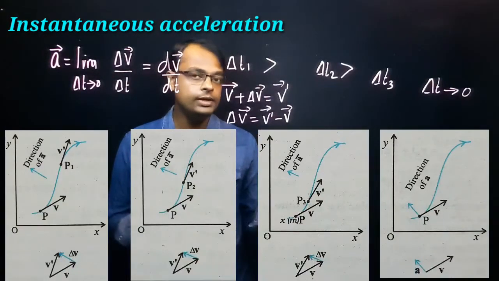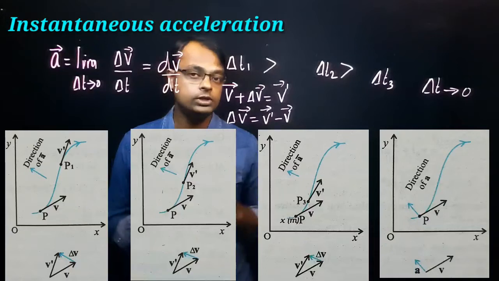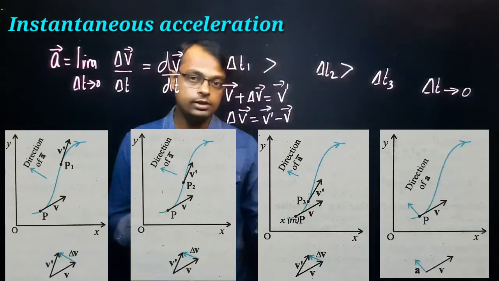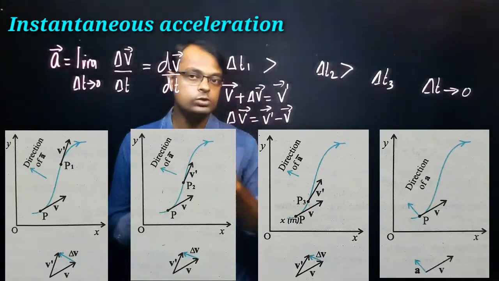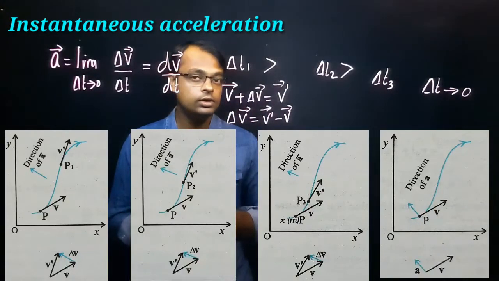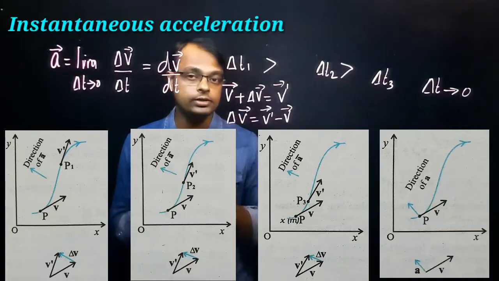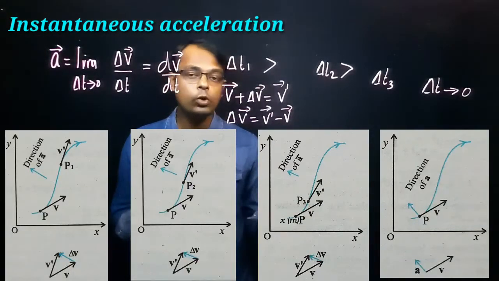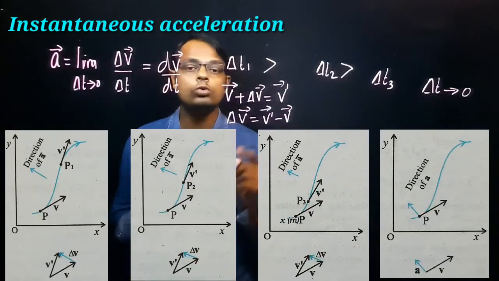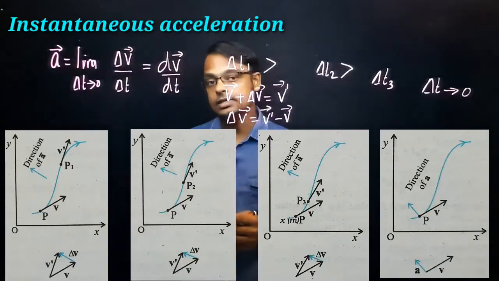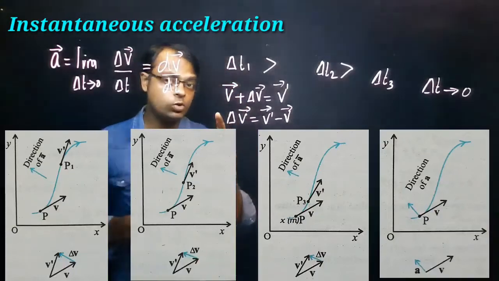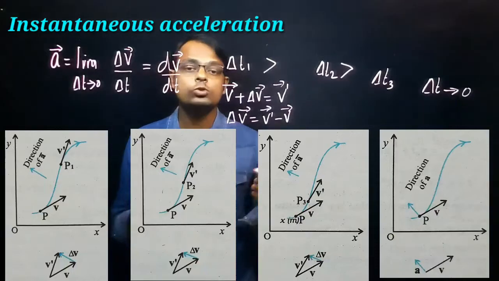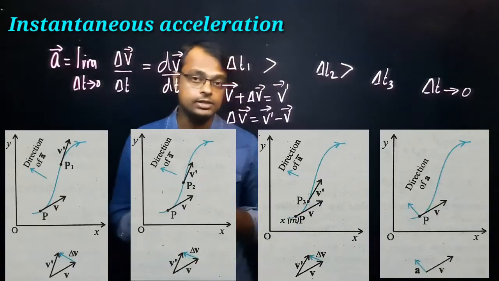At the point P, what is the direction of velocity? Once again we are drawing a tangent and we got the velocity here. So you can see only one velocity vector here, because the change in velocity is too small. Change in velocity is too small. Now you can see here, at that point the acceleration is called what? Instantaneous acceleration. That means the acceleration of a body at that particular point of consideration is called instantaneous acceleration.